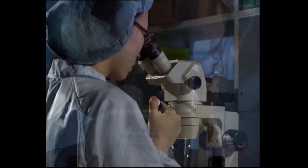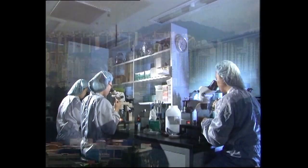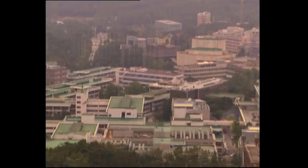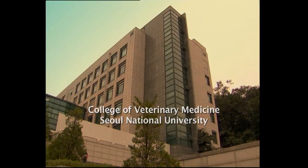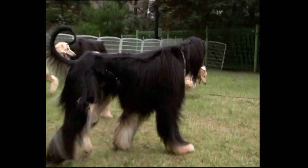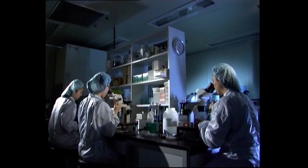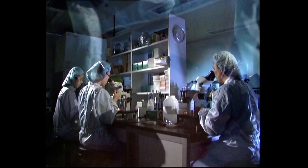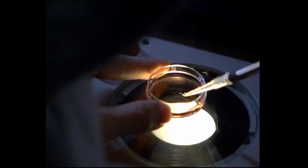The quest for cures for human diseases has perhaps found its answer in the technique behind dog cloning in Seoul. In 2004, Snuppy, the world's first cloned dog, was born. It was a triumphant yet arduous task for the team at Seoul National University, who spent over 2 years attempting